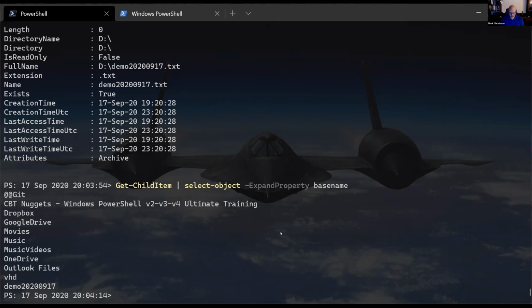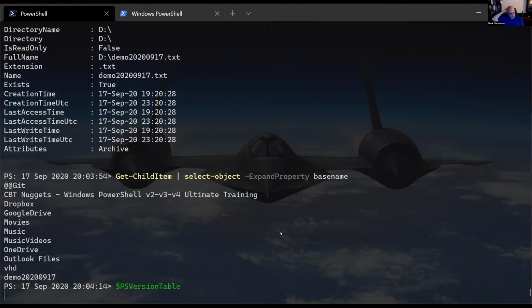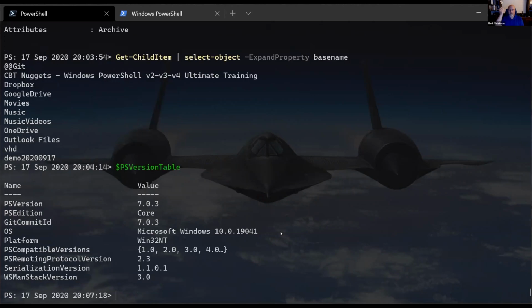So, for instance, version. This system, I'm running PowerShell 7.0.3. It's a Windows system running 10. And if I look at the computer name,